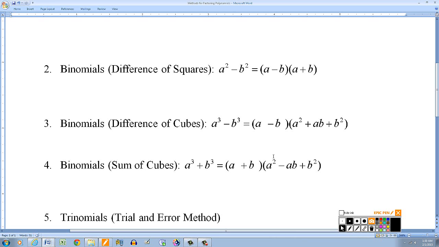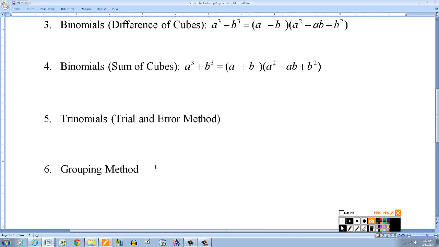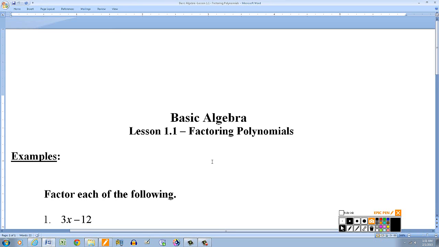When you're dealing with trinomials, probably the most common method that people use is the trial and error method, which we'll go over when we get to these. And if you have 3 or more terms, sometimes you're going to be using a grouping method. And we'll look at some of those in the examples that I'm going to work. Okay, so here we have